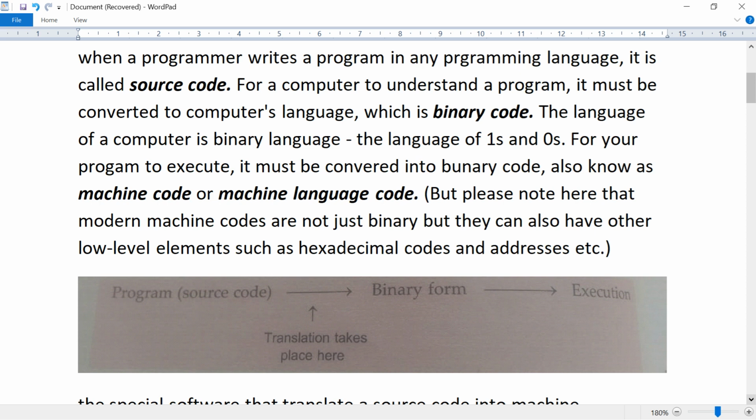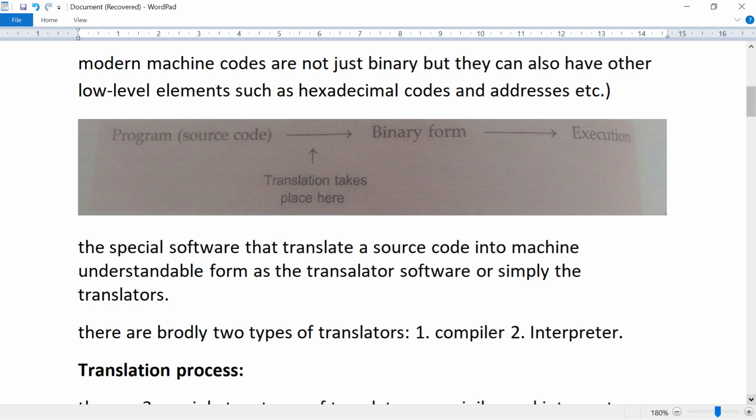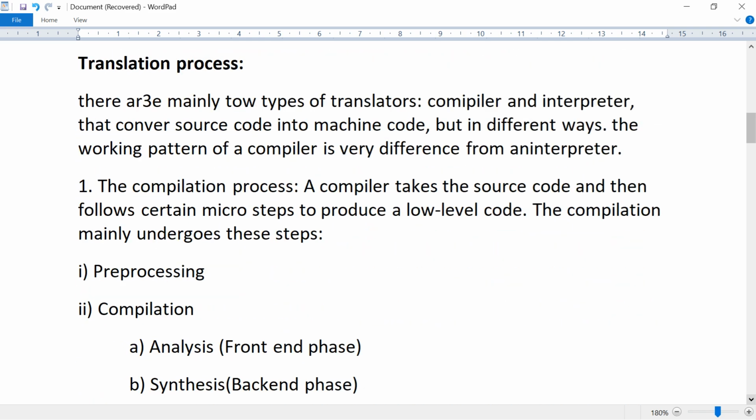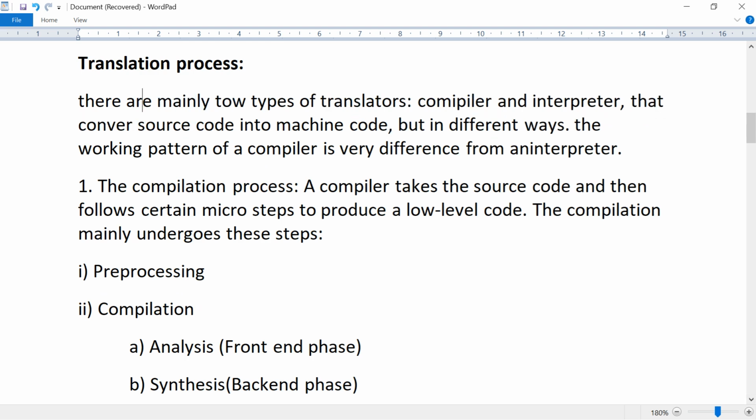The compiler takes the source code and then follows certain micro steps to produce a low level code. The major steps in the compilation process are pre-processing, compilation, analysis and synthesis, and assembly, linking.